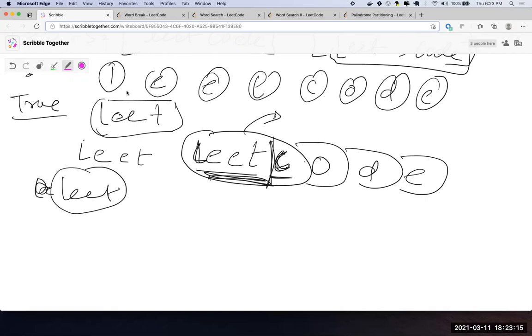Okay. So let's say you start again. You got code. How did you get code right now? You said you start from E. You start from E, you build, you keep going down. Start from C, you keep going down. You got code. Fine. Now code is also there in the dictionary.